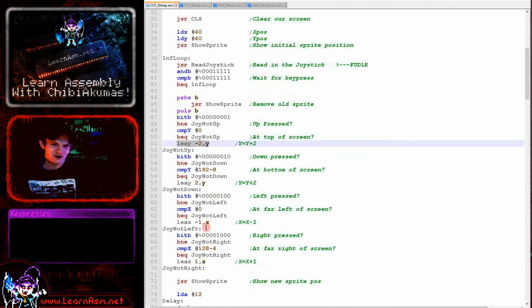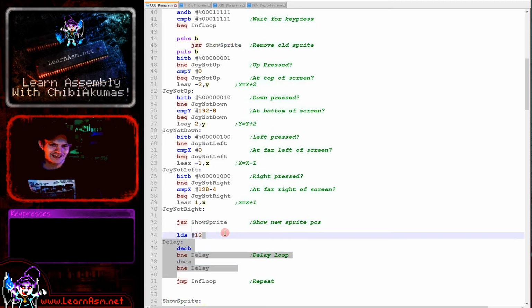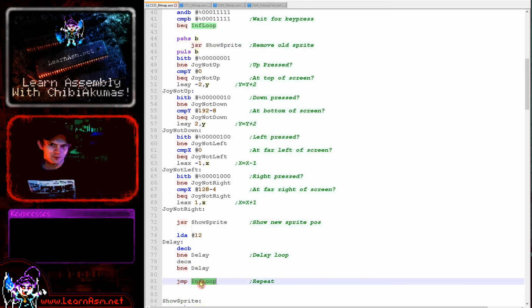Quite weird, but it works very well, so that's what we're doing here. So we are increasing and decreasing X and Y here as required. Once we've got down to here, our sprite is updated as needed, so we show the new position, and then we've just got a little delay here just to slow things down, and we jump back to the top and